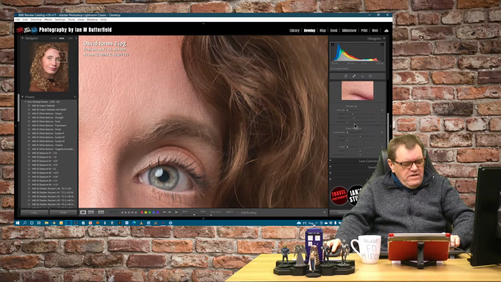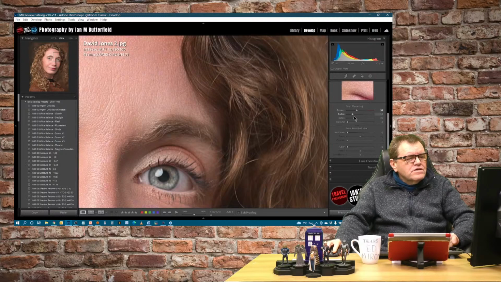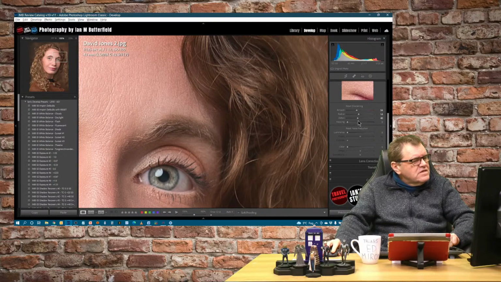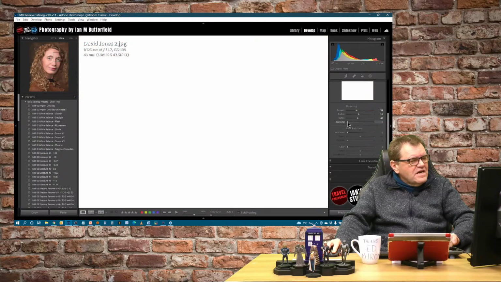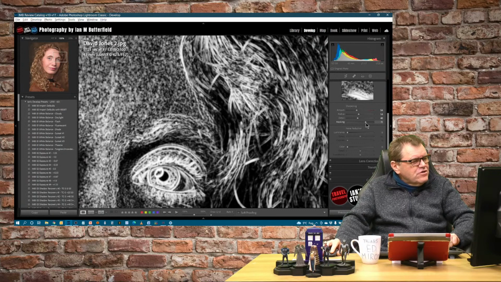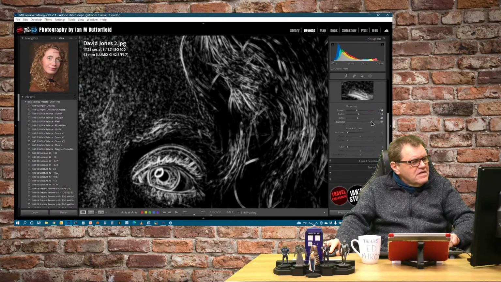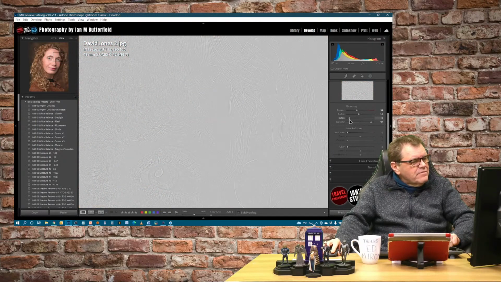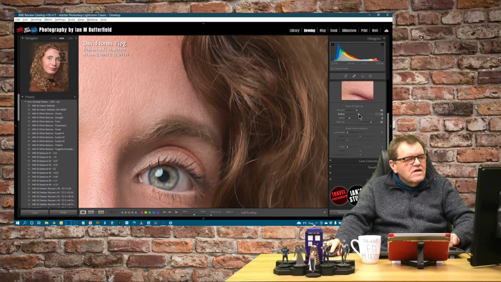Now, with all sharpening, hold down the Alt key as you move the sliders. So start off by moving the amount up and the radius up, and already that's helped a little bit on there. And then we play with the detail, bring in maybe a little bit more detail, and then finally the masking. I just want to find those edges so that I'm not sharpening the skin, or trying not to, on there. So I'll just bring that detail slider back, because it's picking up a bit too much skin for my liking, and the radius back a little bit. So that's helped a bit.